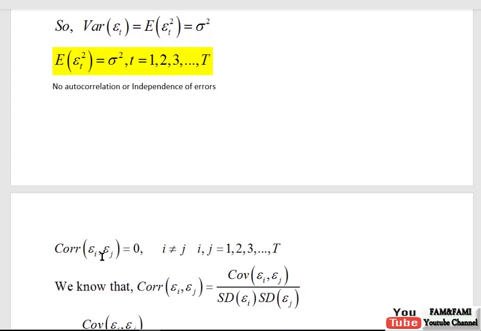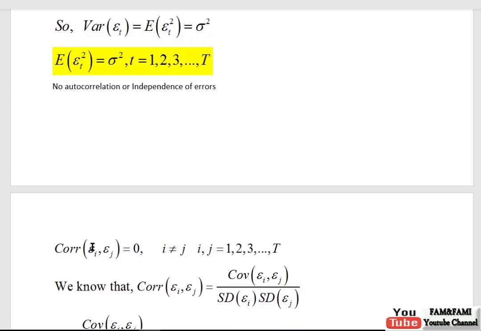And then I have written here the general notation epsilon i and epsilon j. And here is the condition that i should be different from j. i is not equal to j, and both i and j range from 1 to T. So it means i can take values from 1 to T, and j can also take values from 1 to T. When i is 1, then j can never be equal to 1, because we have also imposed another condition that i is not equal to j.